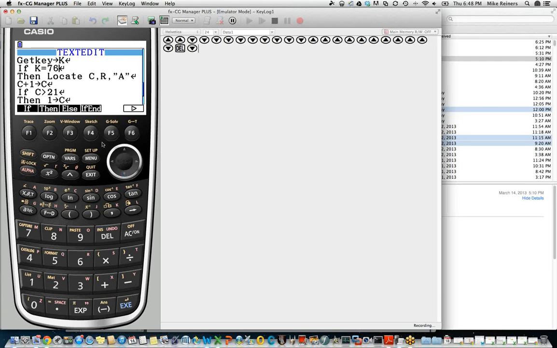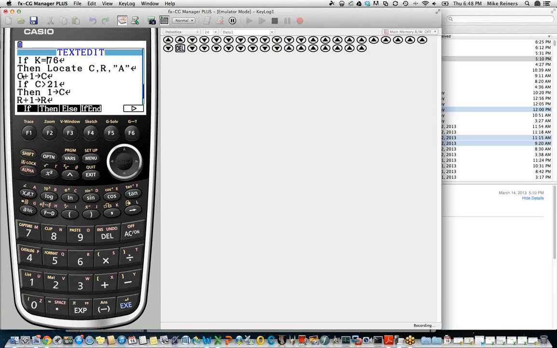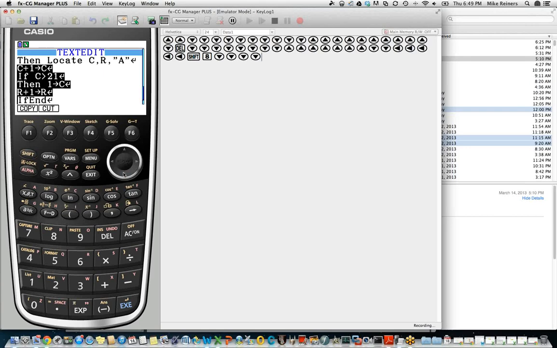For one thing, we don't need all of this column changing stuff and row changing stuff to occur inside of this statement. We don't need this to occur just if this key has been pressed. We need this to occur no matter what key has been pressed. So the first thing that we're going to do to try to make our code a little bit more streamlined is we're going to clip everything from here down, and notice how slick it is. If I press the down arrow, I capture the entire previous line. We're going to clip everything from the C+1 line all the way down to the first if end, and we're going to cut it.